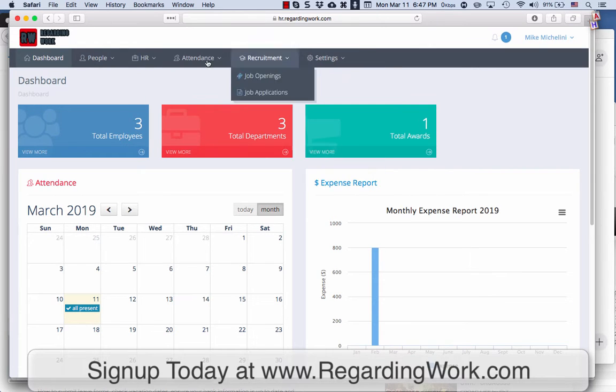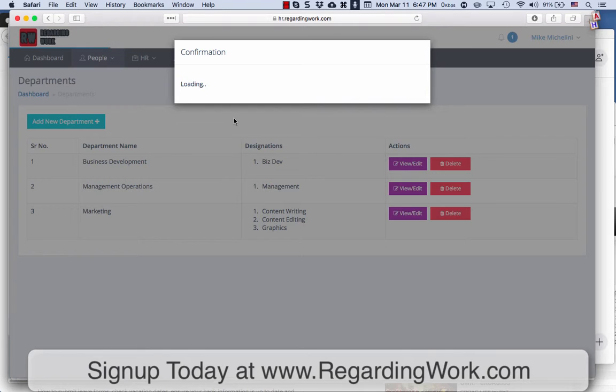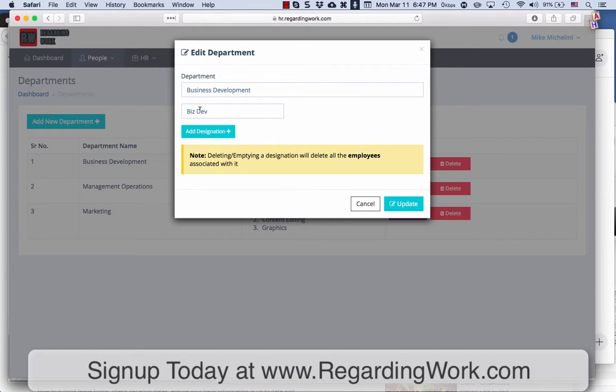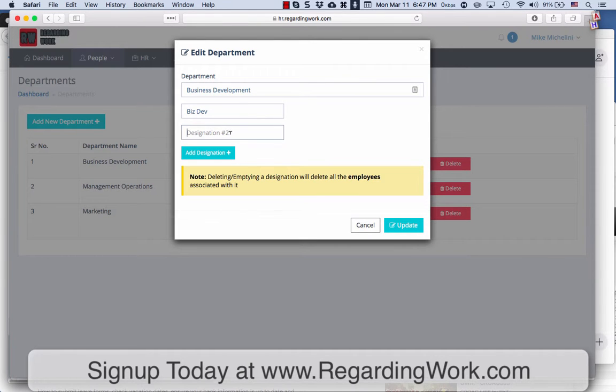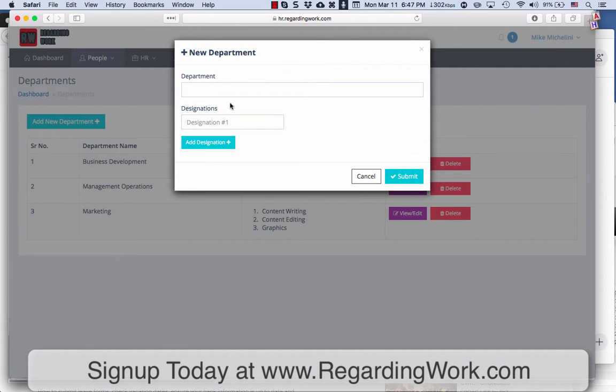So this has got a lot of screens. People will be the most important because that's what HR is. I go into my departments. In the departments, I can add various departments and I can add and edit them. So I have business development, and then I can add different designations. So if I have different sub departments under that department, or I can just add a new main department and different departments. So maybe I should add